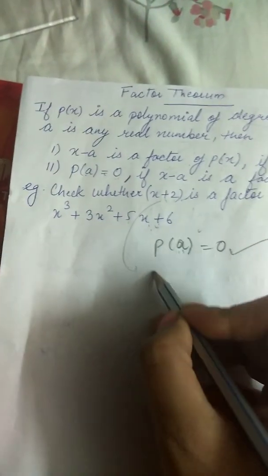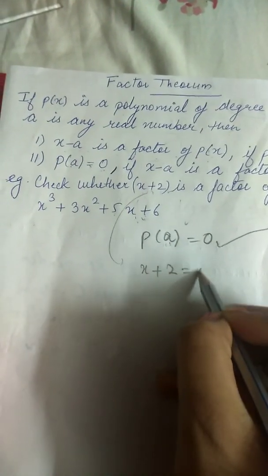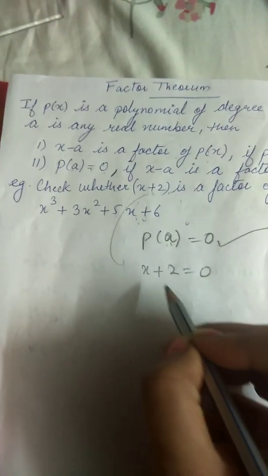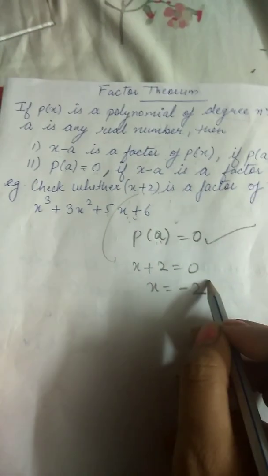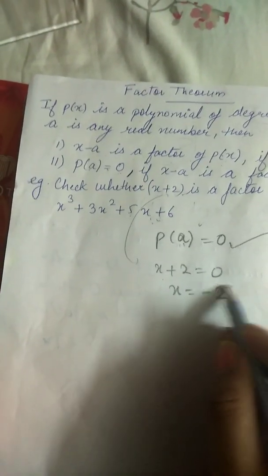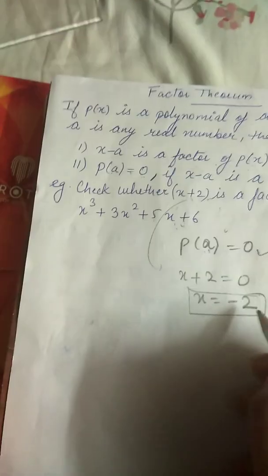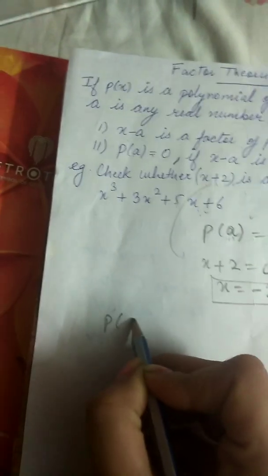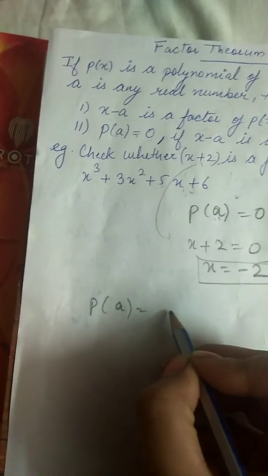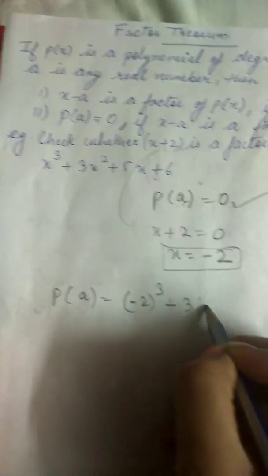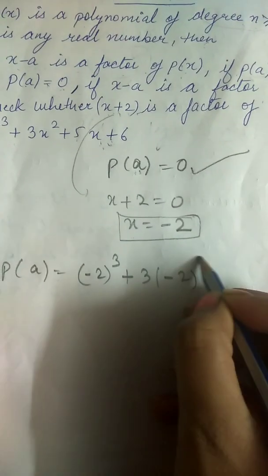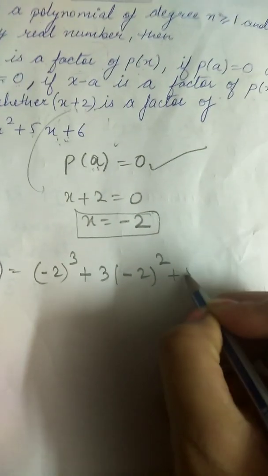By putting x plus 2 equals 0, now find the value of x. X becomes minus 2. Okay, now this is the value of x. Now put the value in this polynomial. P of a is equal to (minus 2)^3 plus 3 into (minus 2)^2 plus 5 into